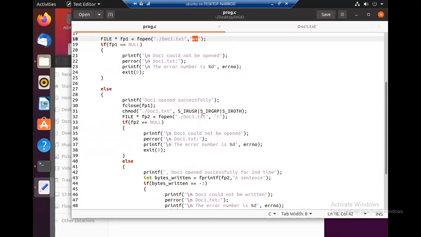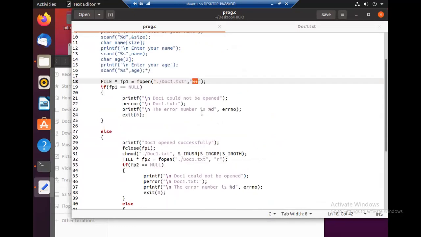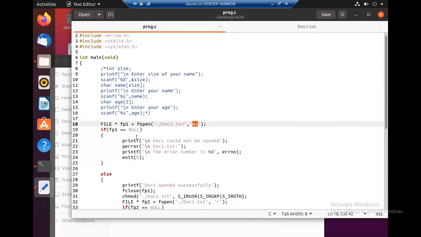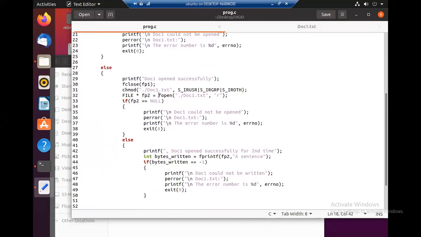So when we execute and run the program for the second time, when it tries to open the file here, it will not allow, because at this moment this file is already read only, because the previous run made the file read only.